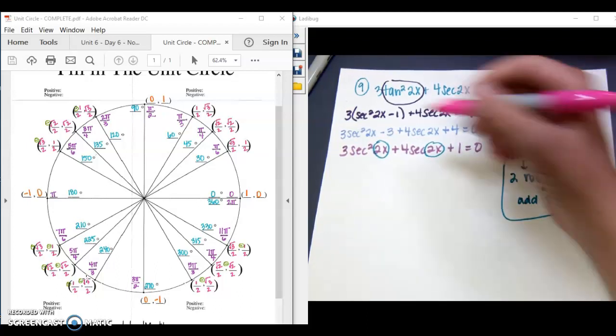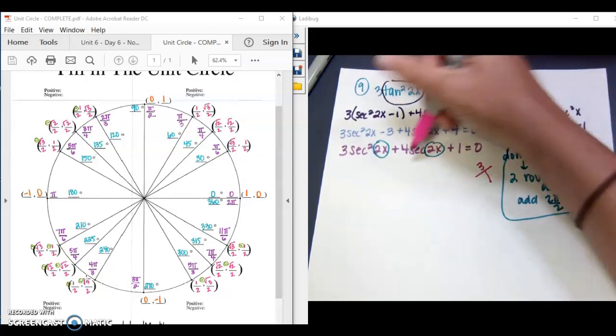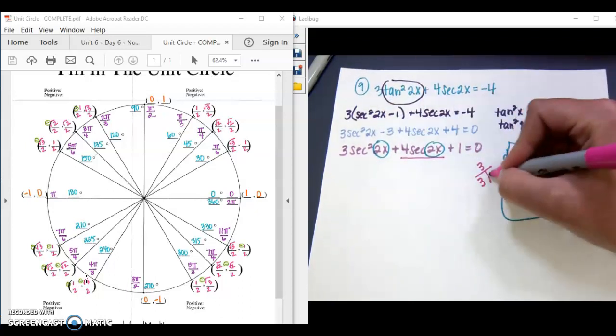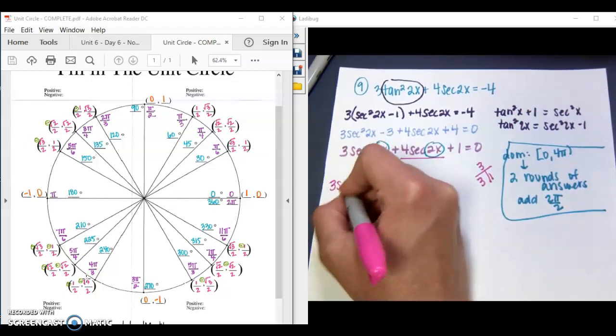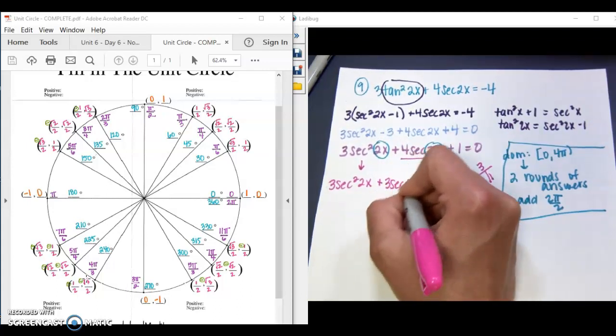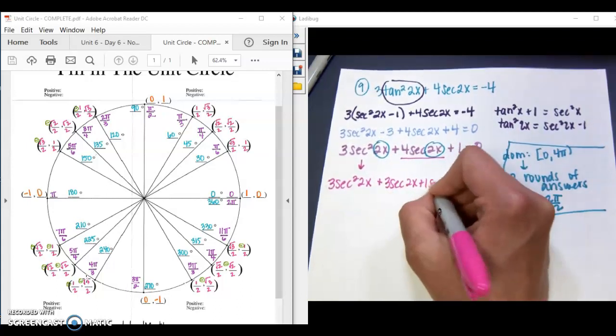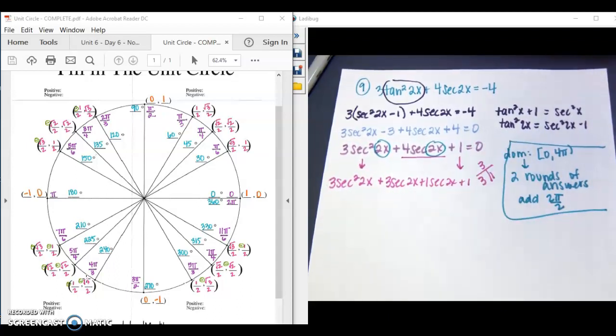So here you're going to have to do the long factoring because of this 3. So 3 times 1 gives us 3. The numbers that multiply to 3 and add to the 4, 3 and 1. Bring down our first term. Replace the middles with 3 secant 2x plus 1 secant 2x. And bring down your last term. Grouping,